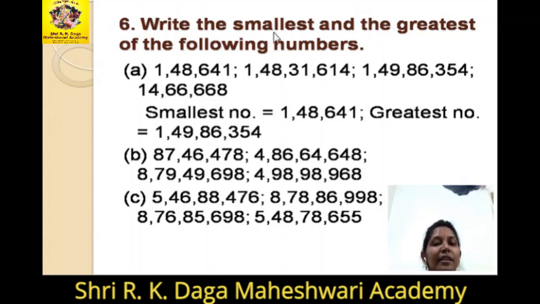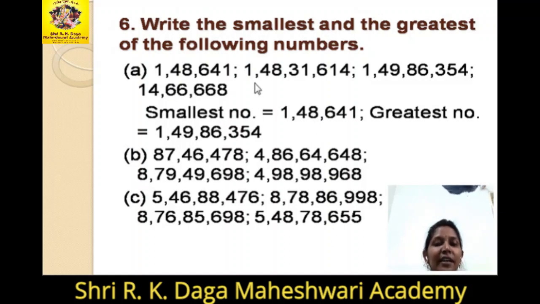Now we have to write smallest number and the greatest number. So clearly you can say the smallest number is 1,48,641